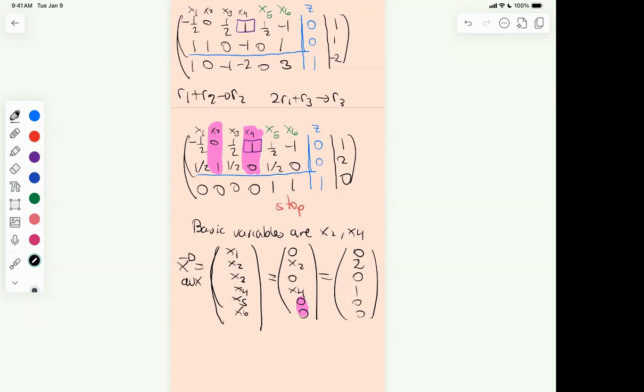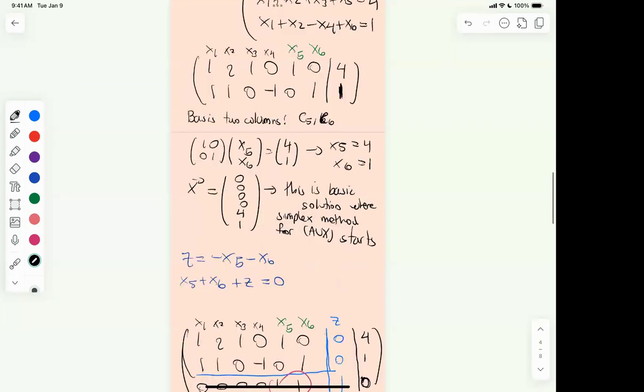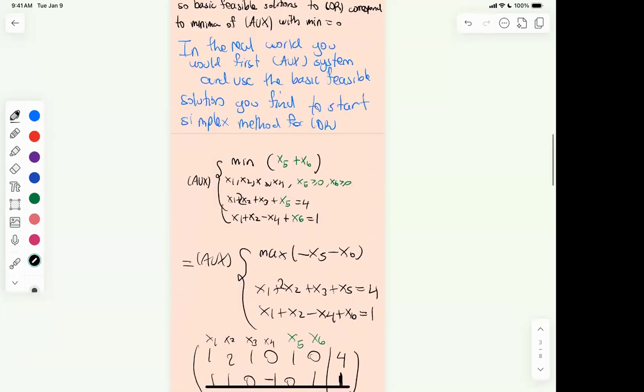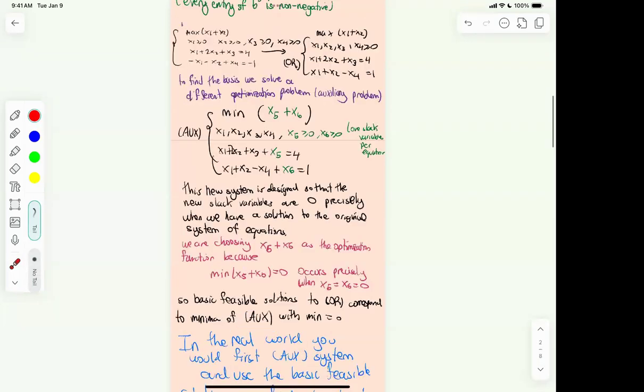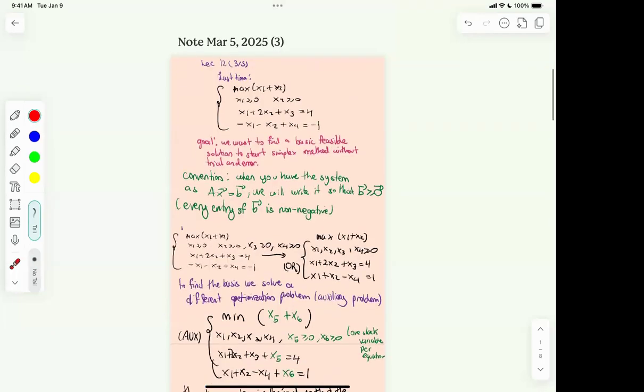So this is the auxiliary solution. The basics, like to solve the original system, right? What I'm going to do is forget about the last two entries, because they were added artificially. That's why these are sometimes called artificial variables: they were added artificially to solve this problem. But the original system, the very basic system of equations we had, had no x5 or x4. So when we go back to the original system,